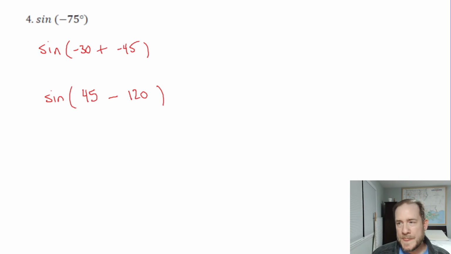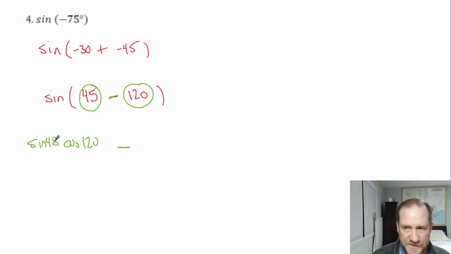Okay, I got to tell you, this is probably my preference because now I have only one negative. These are both now positive angles again. The only minus I have is just going to be the subtraction symbol in the middle of my expansion. So I'm going sine 45, cosine 120. Neither of those angles are negative. It's just the operation is a minus sign, subtraction, instead of a negative angle. And then we're going cosine 45,